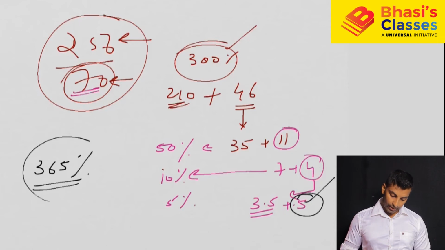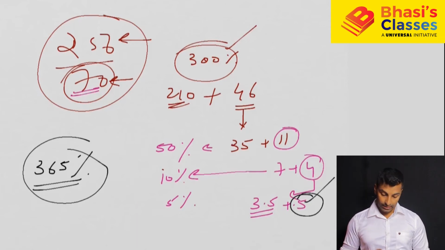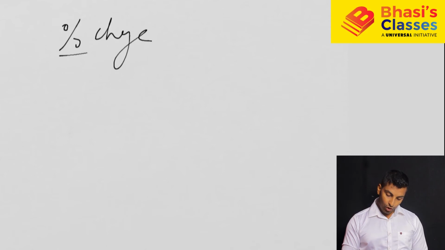So I am concluding it with 365%. So 256 is 365% of 70. Now next, I want to explain another concept, which is related to the effect of percentage change in the numerator on a ratio value. Okay, so the effect of percentage change in the numerator